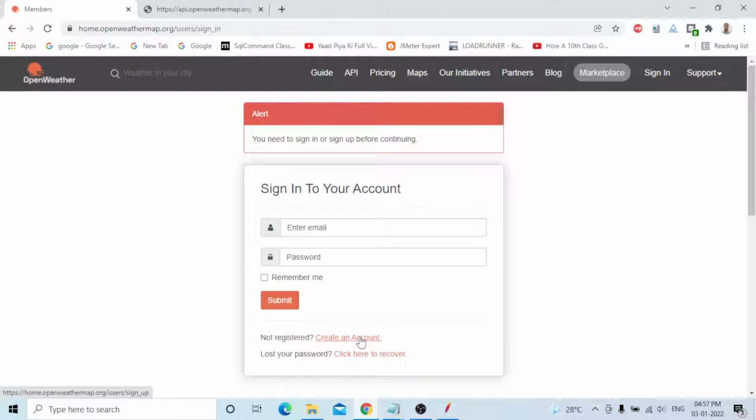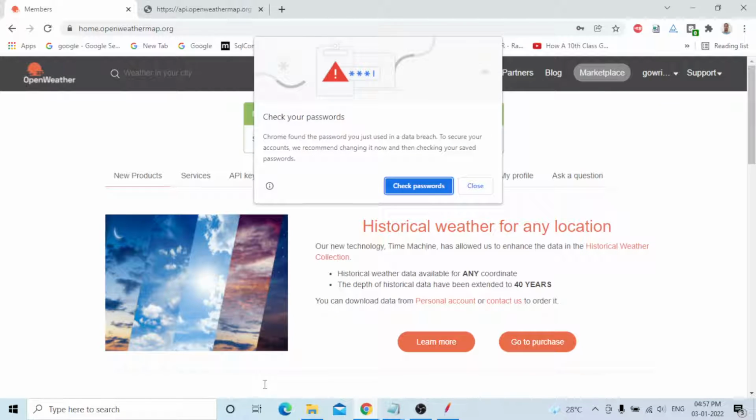Once the account is created, for example, I log in now. First of all, to open the API keys, you go to your account.